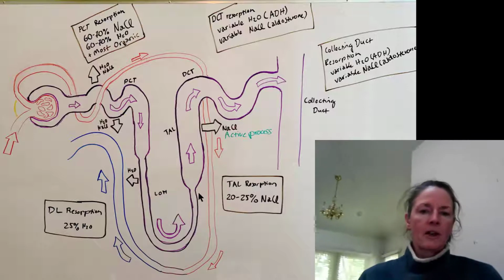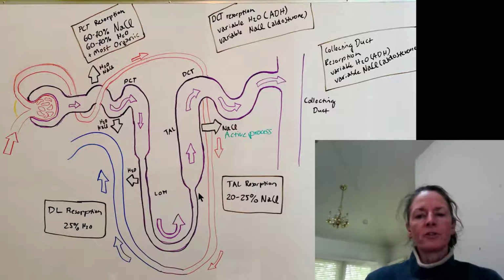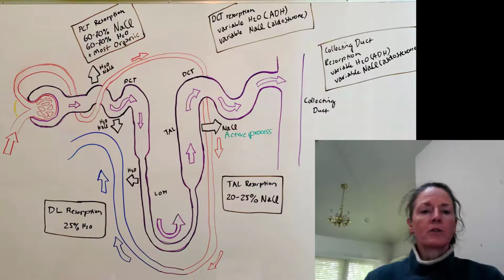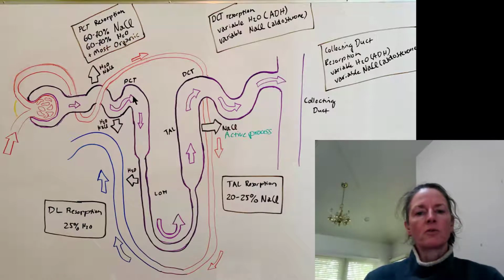Now, one of the other things that happens that we didn't touch on is the role of urea. Urea is a waste product, and your body wants to get rid of it. And about 50% of it's filtered here at the glomerulus. So we have a lot of urea that's coming in here. A lot of it's actually resorbed by the proximal convoluted tubuli. But what's left will enter into the descending limb, and a lot of it will